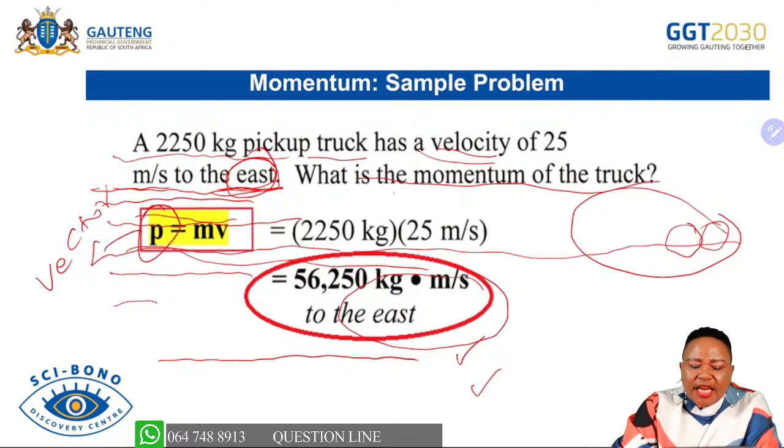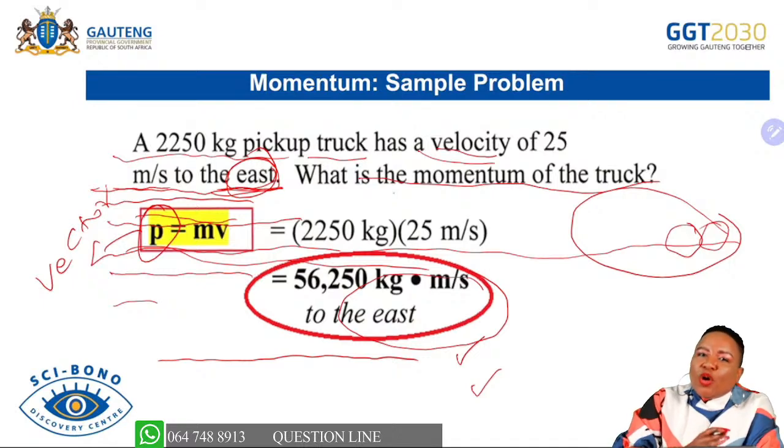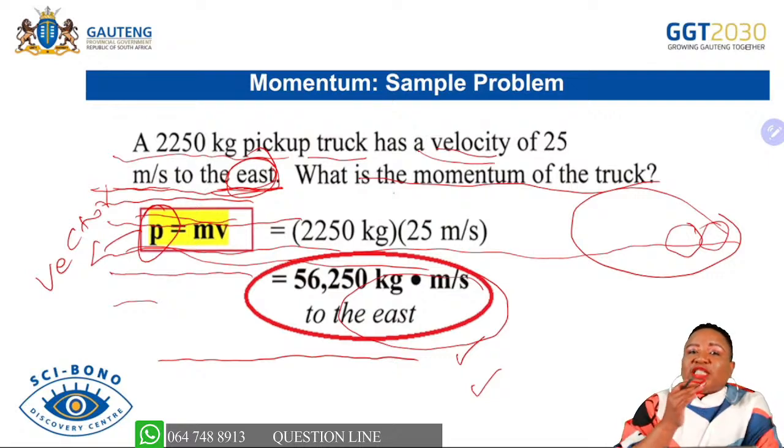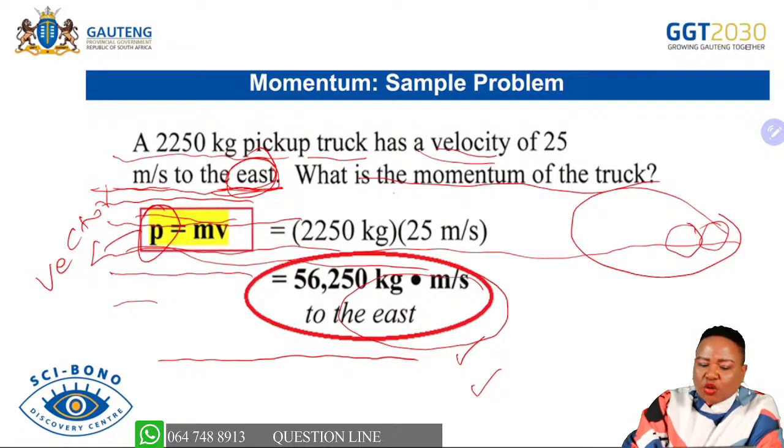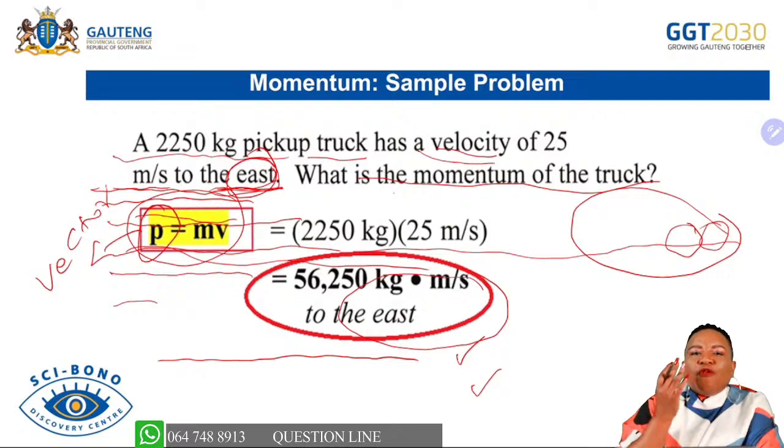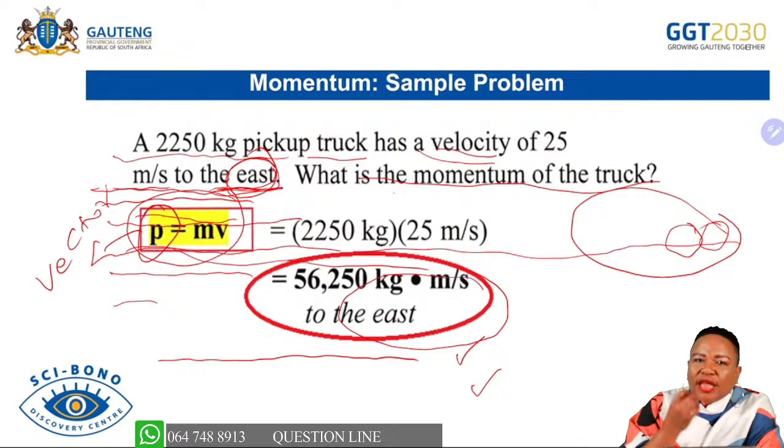So according to Newton's second law, you know that when a force is exerted on an object, it will accelerate in the direction of the force. And we said there is a relationship between Newton's second law and momentum. So when we calculate now the momentum of the object, what is going to happen? We are going to firstly write our formula, because by writing a formula, we are confirming that this is the quantity that we are calculating, and we know the variables that are included in that quantity.